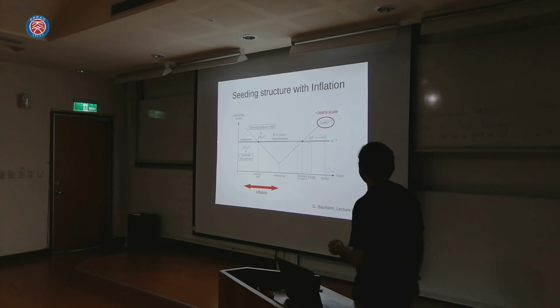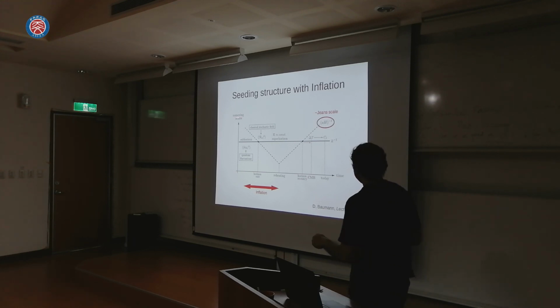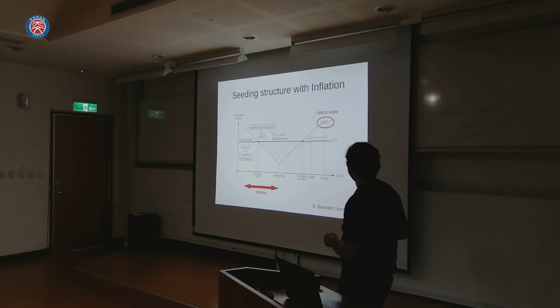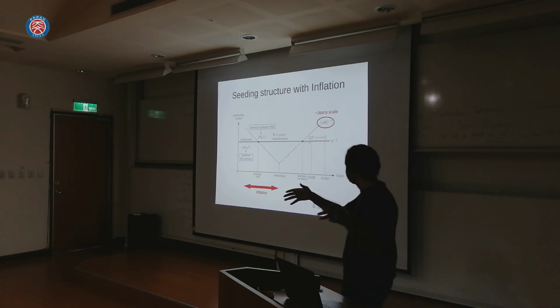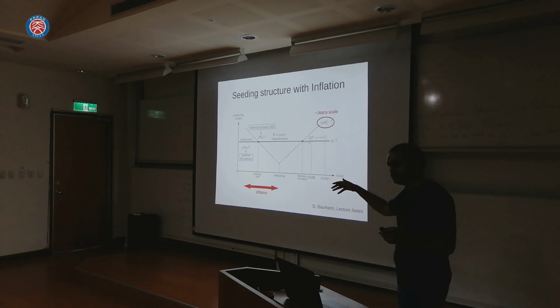So I show here the evolution of the amplitude of a particular gravitational wave with, let's say, a wave number k and the wavelength given by the inverse of k, as a function of time. This dashed line here shows, for want of a better word, roughly the Jeans scale for this gravitational wave. So what inflation enables is this decrease in the Jeans scale. Once again, in fluid dynamics, the Jeans scale corresponds to this particular length scale below which the fluctuation does not grow, but beyond which the fluctuation can actually grow.